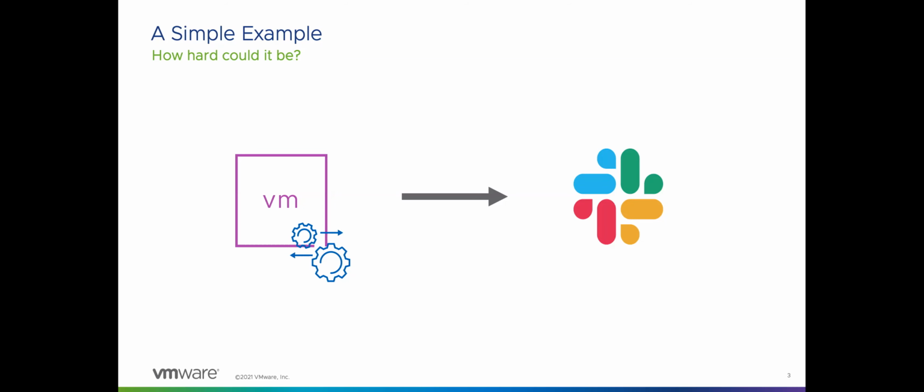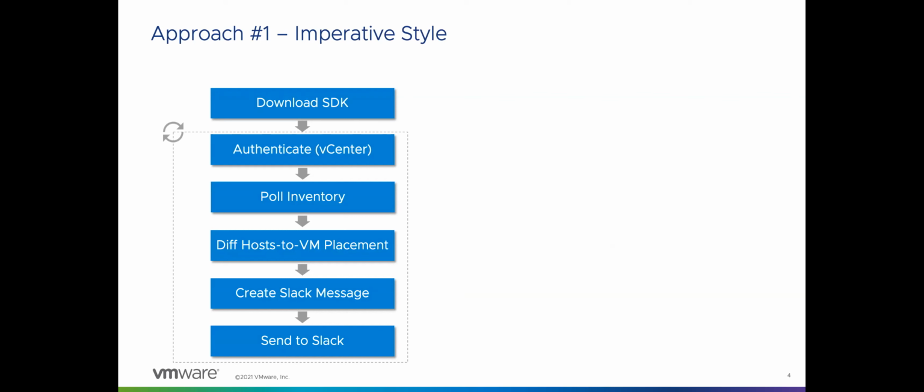And with the common approach, we call it the imperative style, think of you write a script to fix that. There's a couple of steps involved here. So besides downloading an SDK or runtime like PowerShell, PowerCLI, what you typically would do in a script is you authenticate against vCenter, right, with a role or credentials. You're basically tied to a particular vCenter here. Then you pull the inventory for the VMs and hosts that you're interested in.